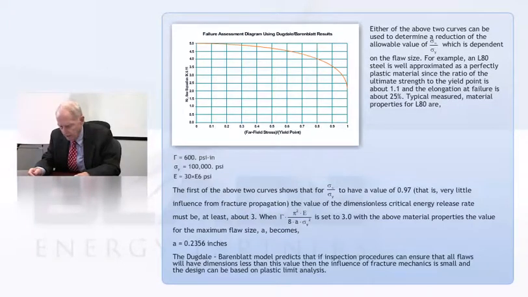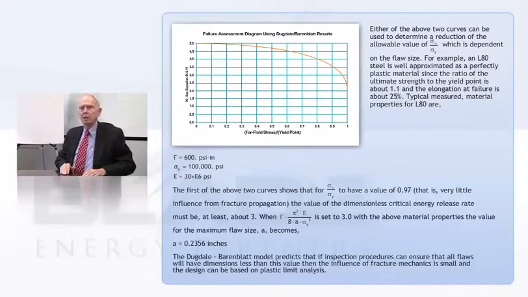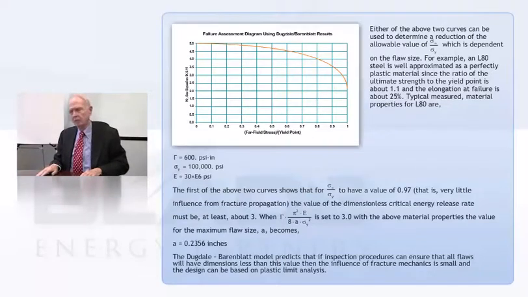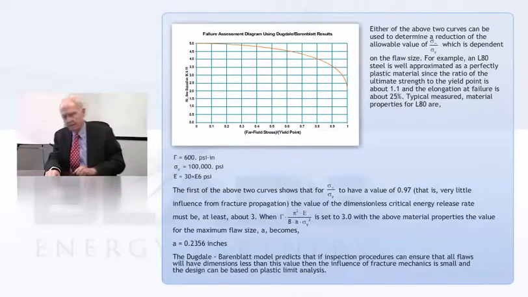I tried to put in here, if you like, a practical example. L80 is a material that's used pretty extensively in the oil industry. And one reason I chose it is that of the ductile materials used in drill pipe and casing and such, it's got about the closest thing to a perfectly plastic material. That is, it goes up and it yields and it just keeps on straining at essentially the same stress. L80 means that the minimum guaranteed yield point is 80,